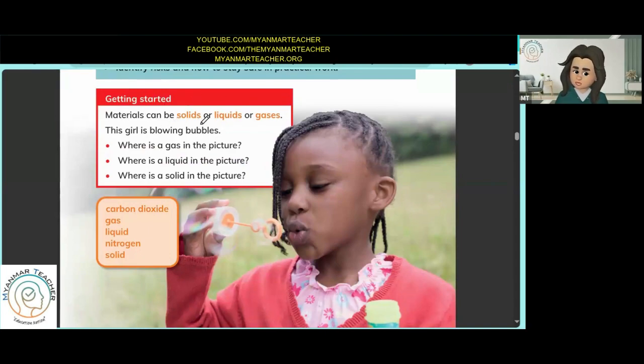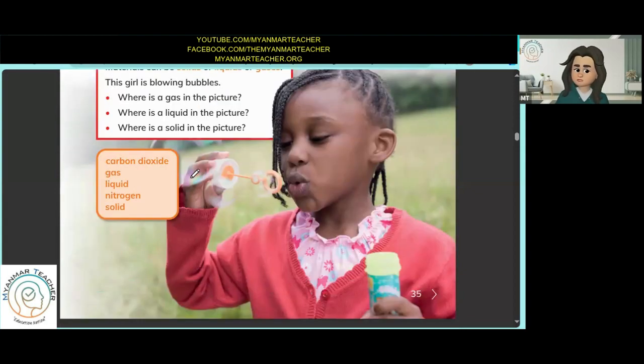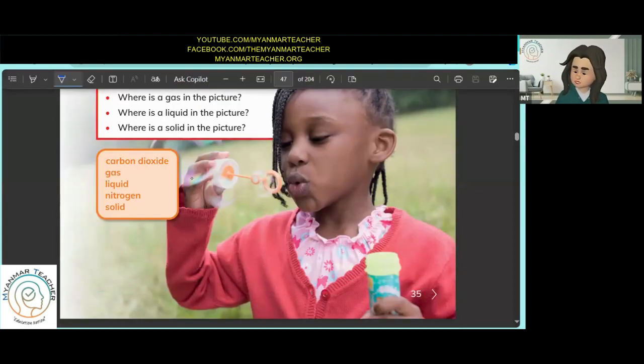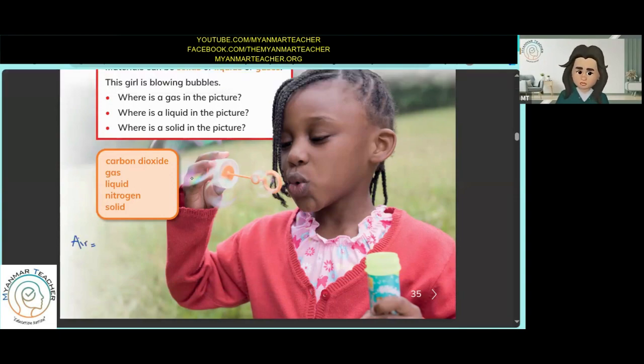This girl is blowing bubbles. Where is the gas in the picture? Where is the liquid in the picture? Where is the solid in the picture? So the gas could be all around her, because our atmosphere on Earth, or our air, is made